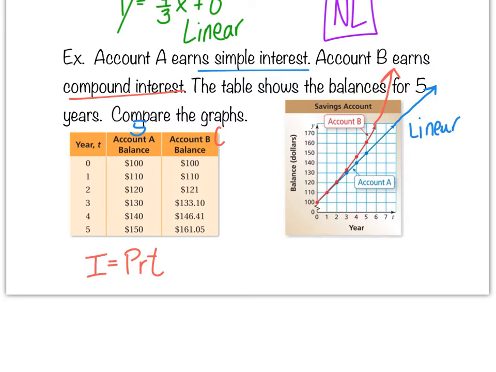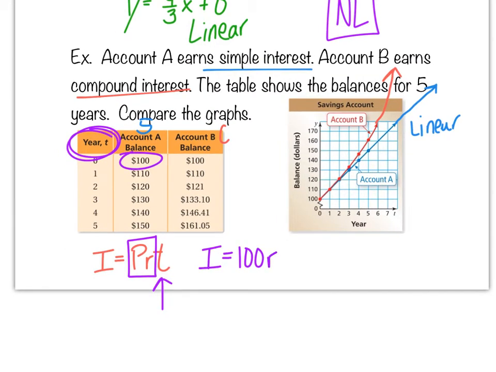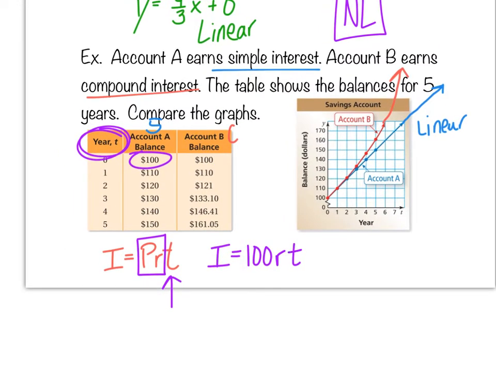So every time I plug a value in for t, basically what they're telling me to do is plug a value in here for t. So t, I'm going to leave as my variable. But P and r just represent a number. It looks like my principal is $100. That's the amount you start with. My rate, it doesn't tell me what it is, but let me just assume it's a number. I'll call it r for rate. Then imagine our t being our x value. Well, this looks a lot like